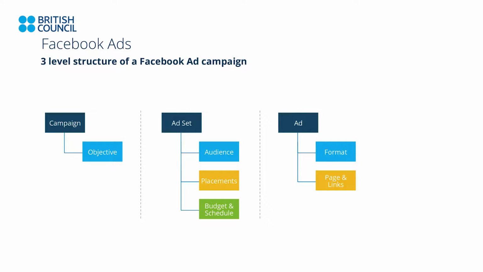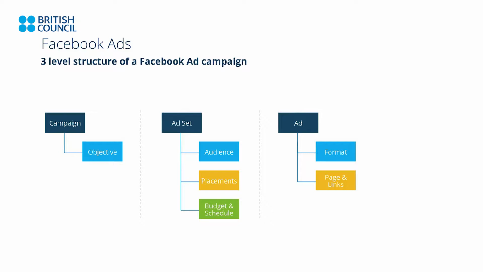The campaign has settings like setting your objective. So your objective again could be awareness, brand affinity, lead generation, or purchase. And after setting your objective at the campaign level, Facebook redirects you straight to the ad set level. Now, an ad set is a group of closely related ads. What this means is that you can have multiple ads in one ad set and